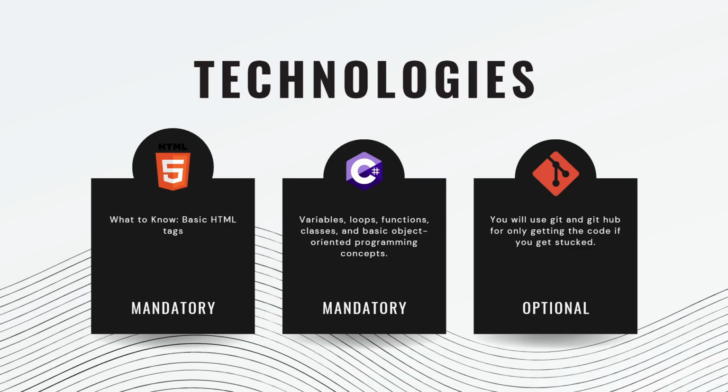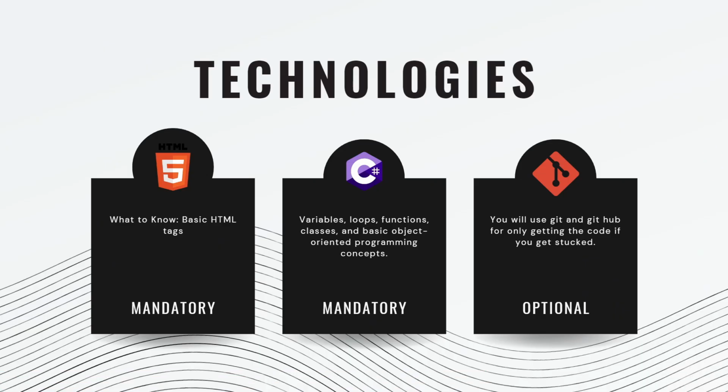Why? HTML and CSS are the fundamental languages for building and styling web pages. Since .NET Core is often used to create dynamic web applications, knowing how to structure and style a page will be incredibly useful. What to know? You should know some HTML tags like headings, paragraphs, links, CSS selectors, basic styling like colors, fonts, layout, and so